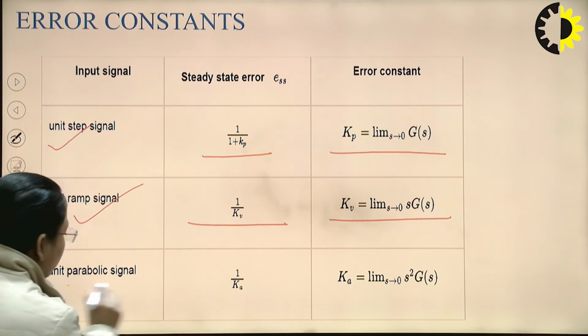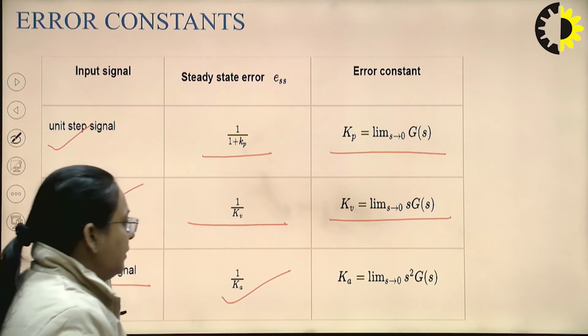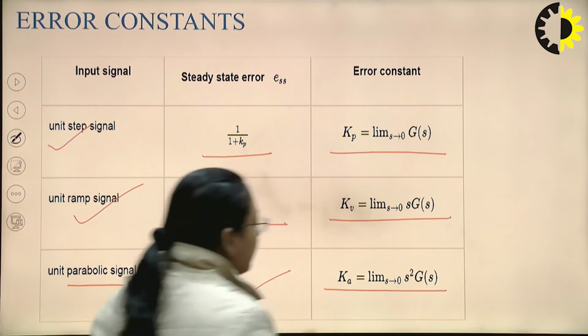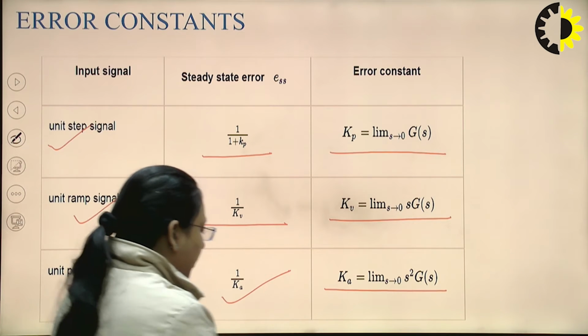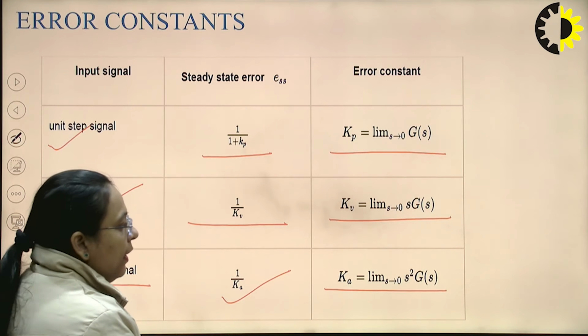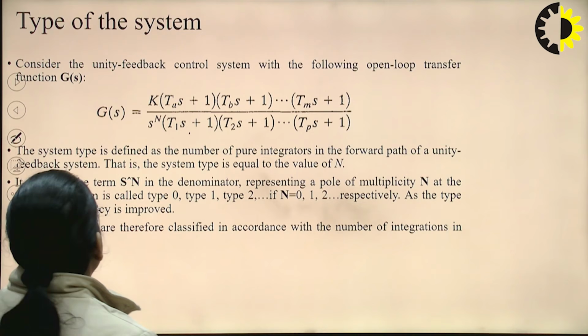And when we have taken the parabolic input signal, the steady state error comes out to be 1 by Ka, and the value of the acceleration error constant will be equal to limit s tends to 0 of s square GS. Now next we will discuss the